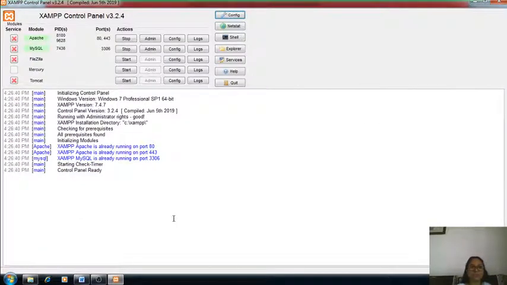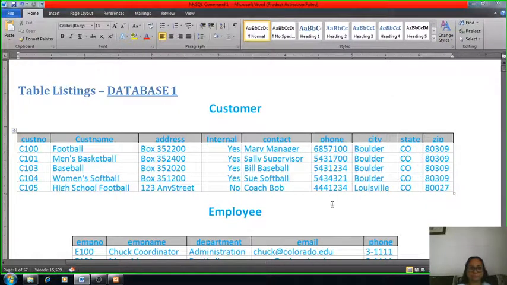Through this control panel, you first have to turn on your MySQL as well as the Apache server. Click on the Start button and it will start. The green color means the Apache server and MySQL server are now on, so you can execute your MySQL commands through this XAMPP software. Now minimize this screen.